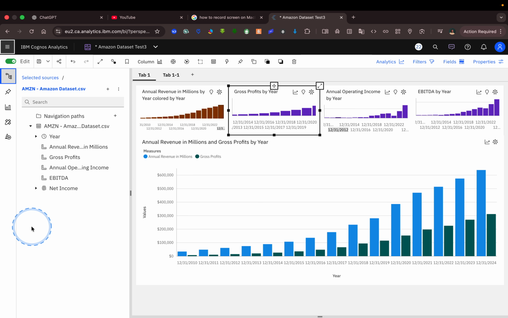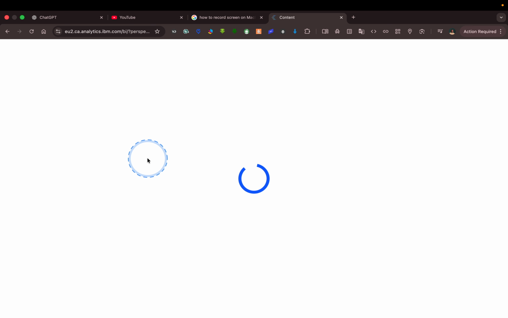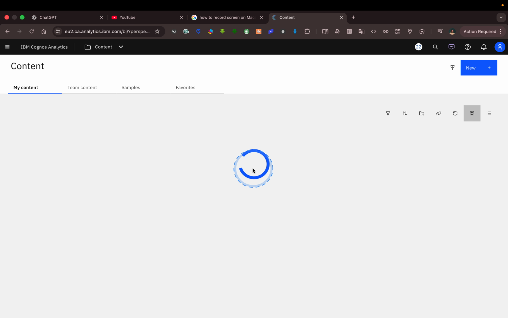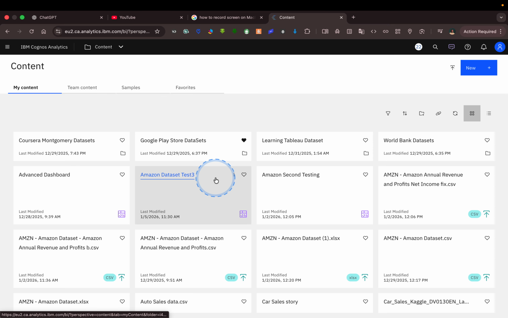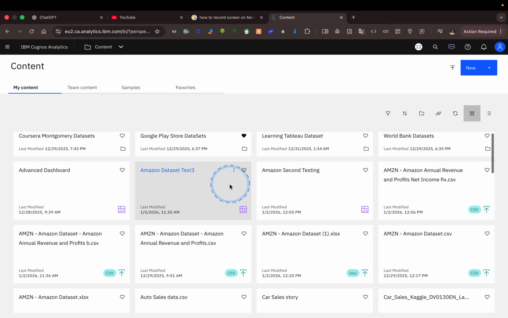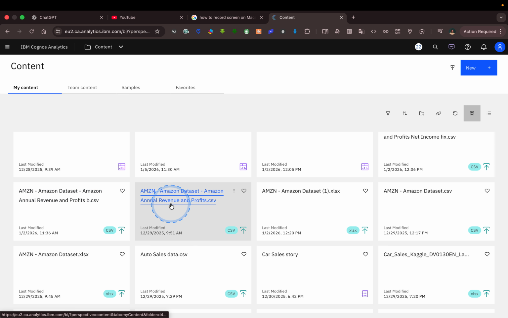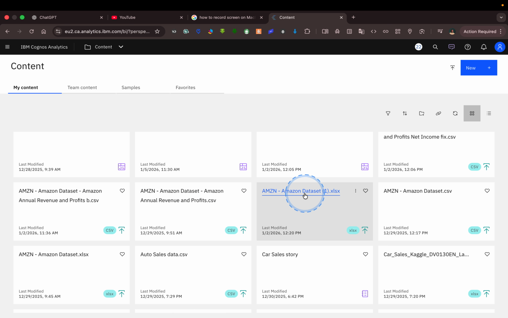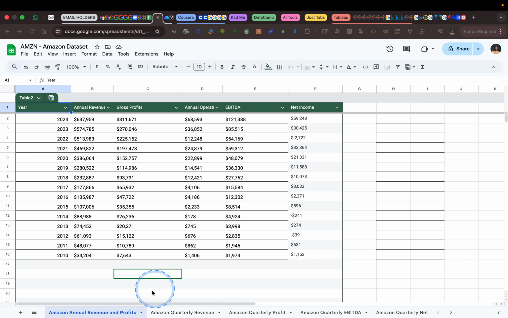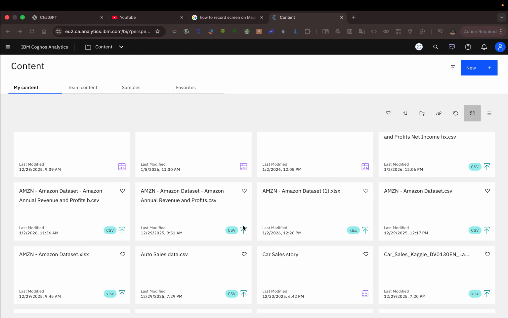So if we come to my content, you will see the Amazon data set has been uploaded. I tried different times to upload it. You can see it here: revenue and profits CSV, revenue and profits, Amazon data set Excel. So I uploaded a full sheet, multiple sheets as the document. So on IBM Cognos, I'll take you back to the